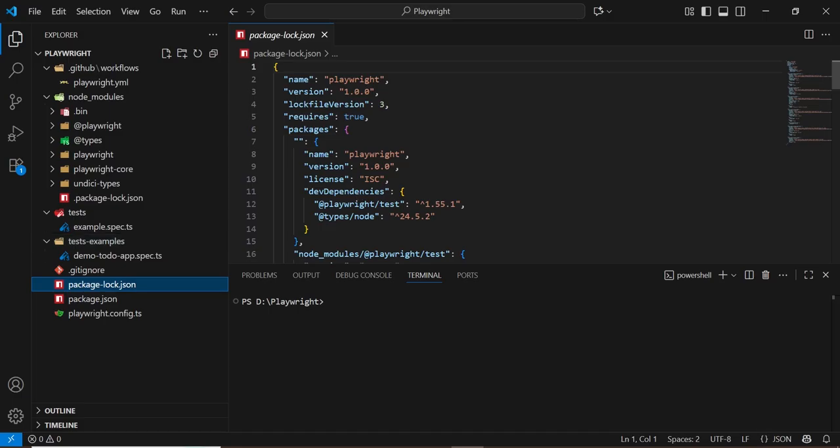Package-lock.json logs versions of dependencies at the project level. It keeps your setup consistent across different machines. Here you can view the name playwright, version, lockfile version, requires true, name playwright, versions, license, and type Node. Playwright